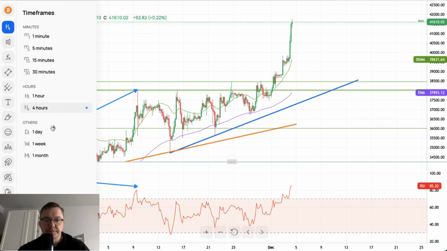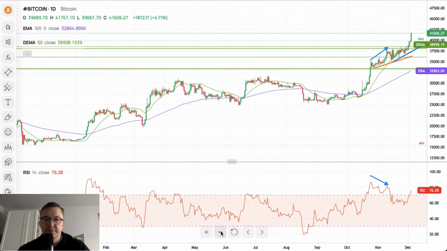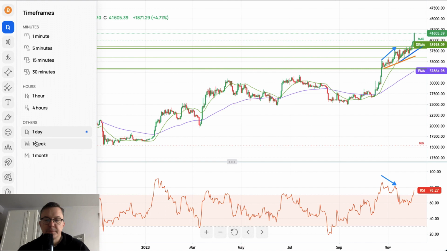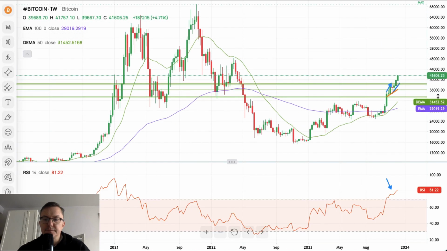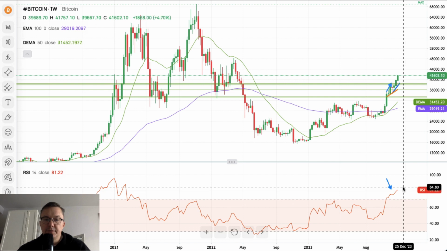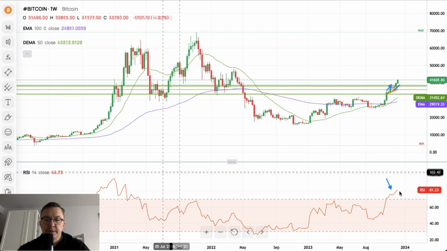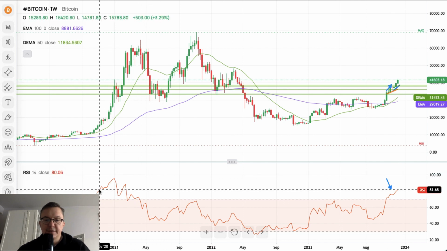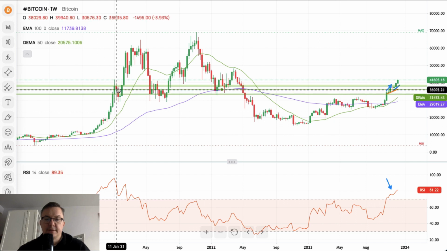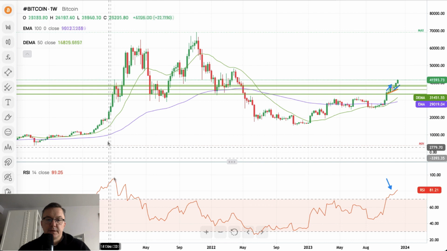Let me just take a look on a daily to see what is the potential target for this market. Let me just move to the weekly, because it looks like only on the weekly we can say a potential target. On the weekly, this market is extremely overbought as well. Please take a look here. And what's happened when the market hits the overbought level, it can stay on this level for many weeks if there is an up movement. You can see it here.